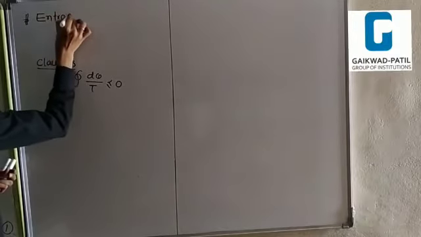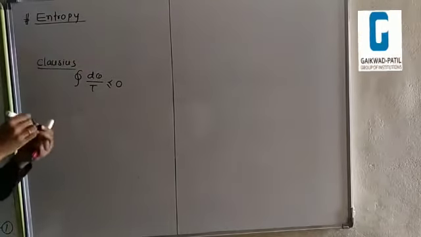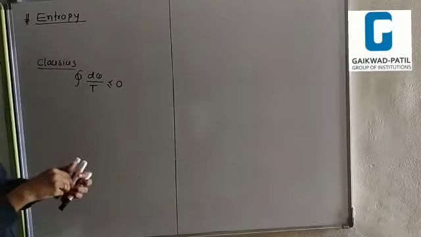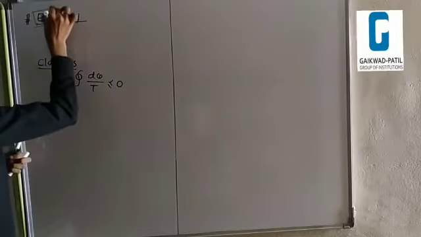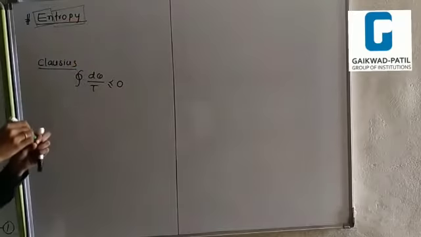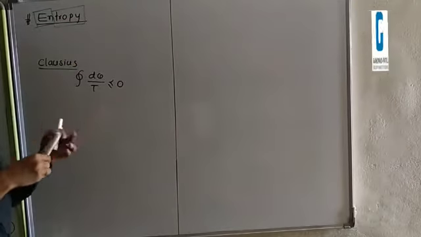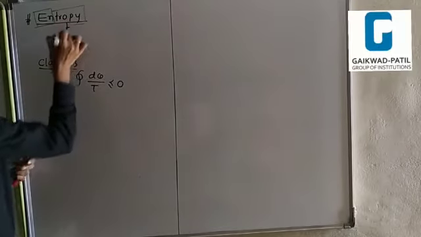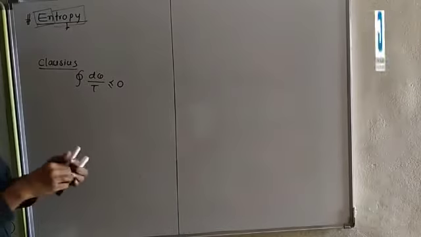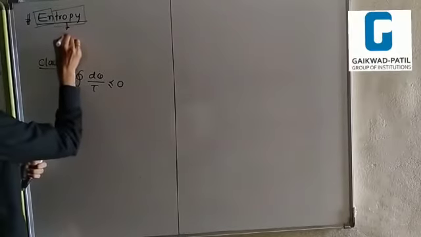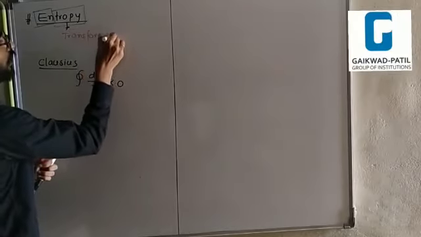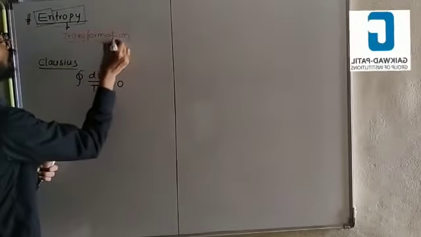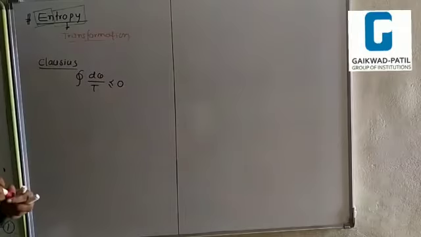This one is the entropy. It is a very important topic. What is entropy? The word entropy is made of two different words. The first one is "en" and the second one is "tropy". This tropy means transformation. The exact definition of entropy is...